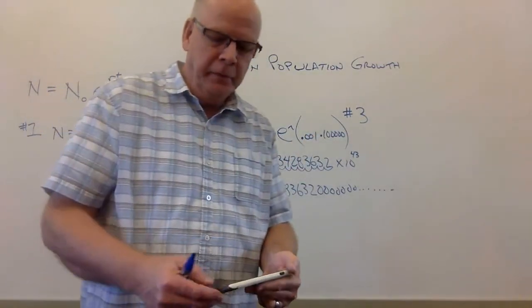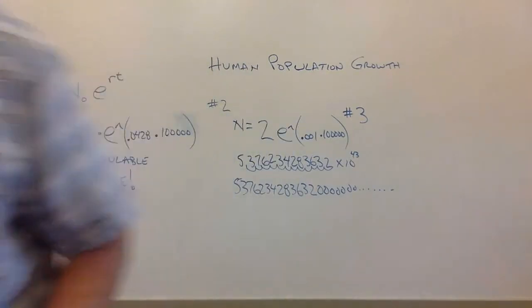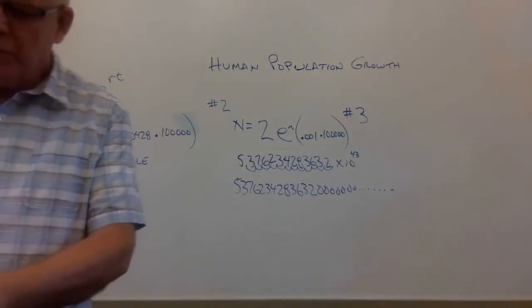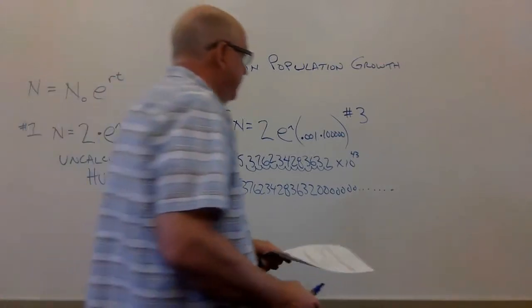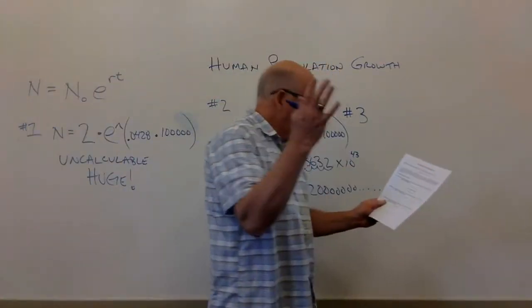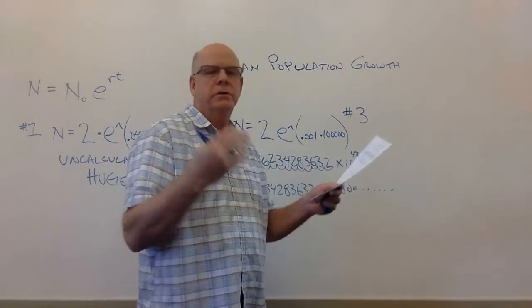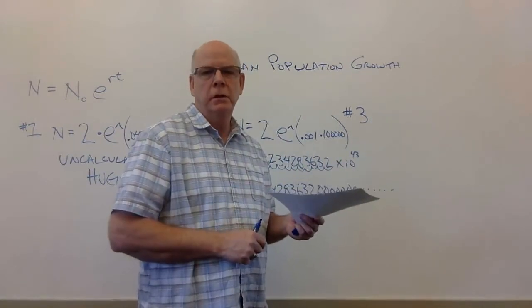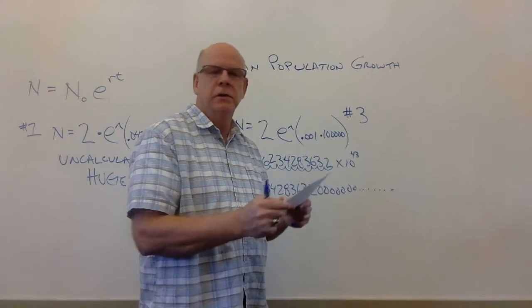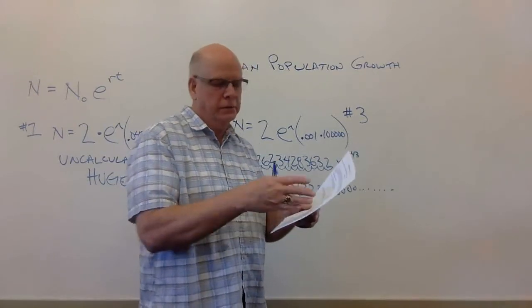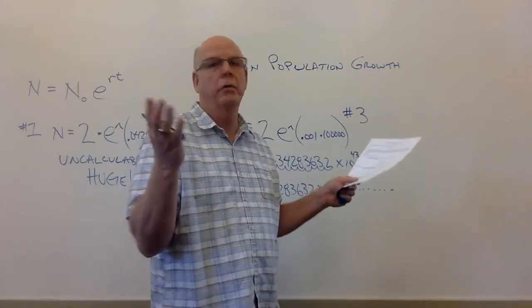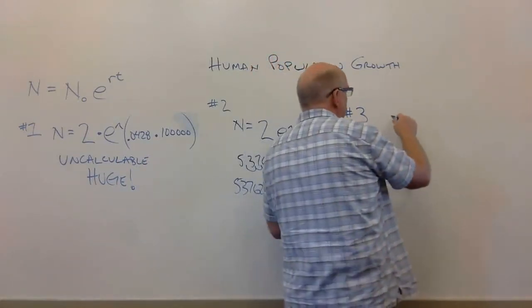Okay? Let's try another scenario here. Let's go with scenario number 3. Initial population of 2, got to have 2 to tango, with a growth rate still of almost 0, but let's drop the number of years down to just 50,000 years. Let's say the human population has been here for 50,000 years and it's had this tiny growth rate over all those years. So now we're plugging in